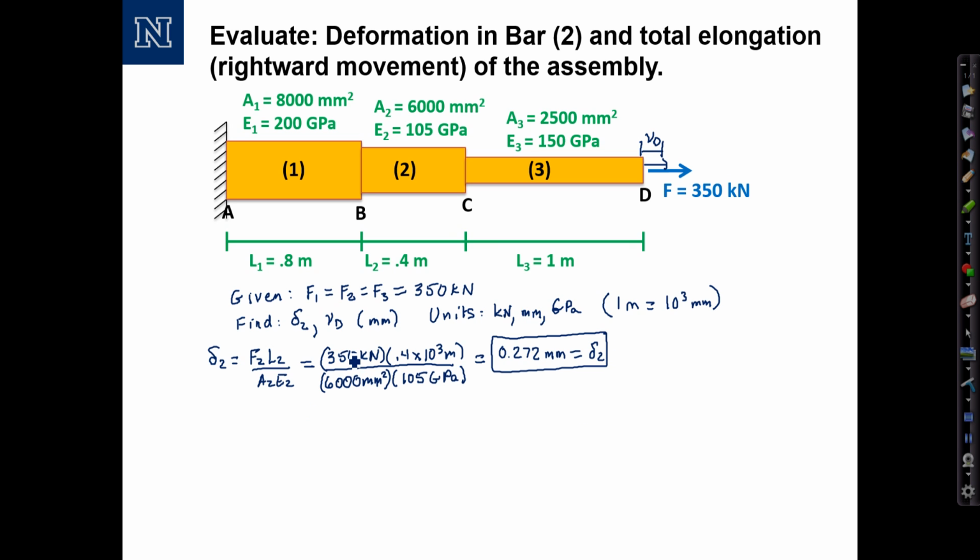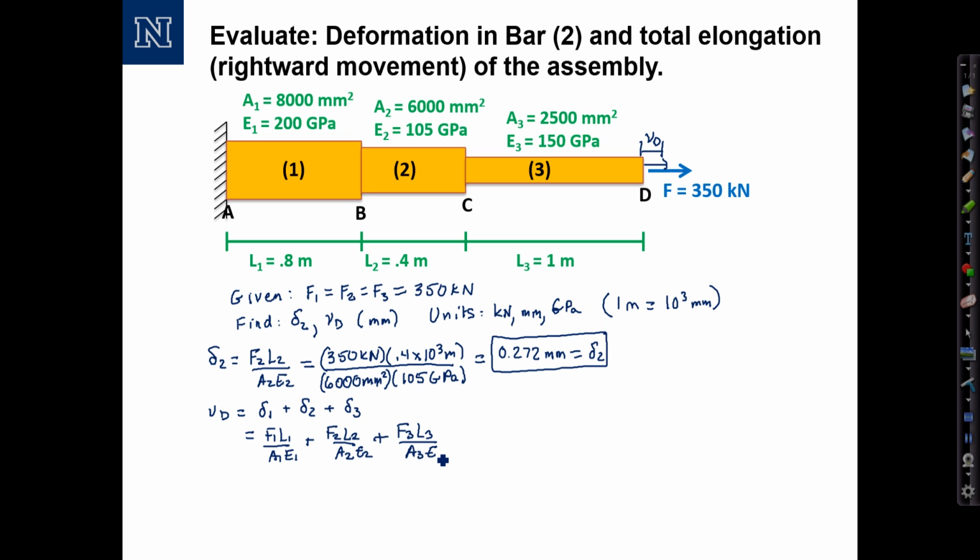The second one, V sub D, the end deflection, we can calculate simply by adding up the deflection in each of the segments. So V sub D equals, it's like a delta total, delta 1 plus delta 2 plus delta 3, which is F1 L1 over A1 E1 plus F2 L2 over A2 E2 plus F3 L3